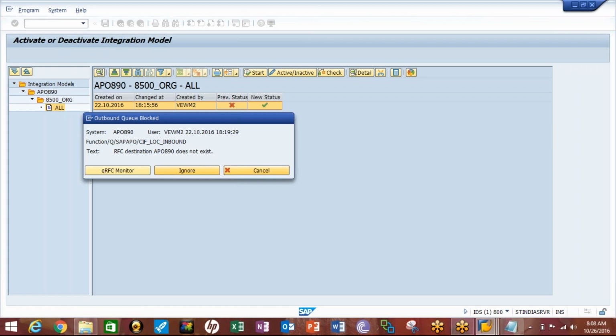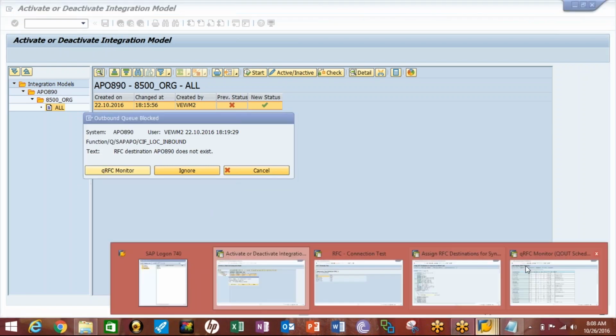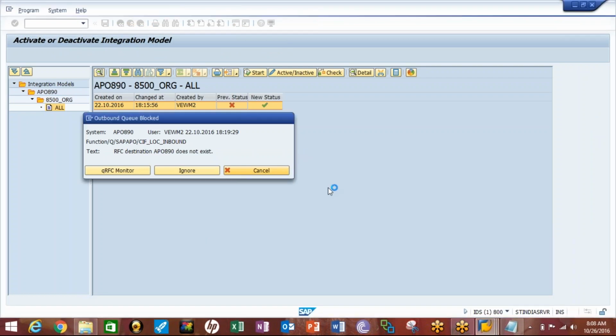APO application is on. What is the logical system for you in this CFM?